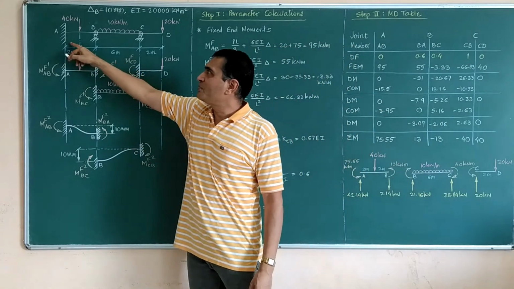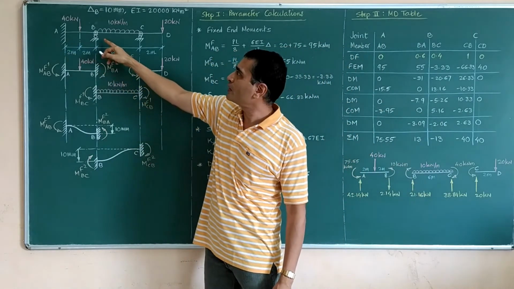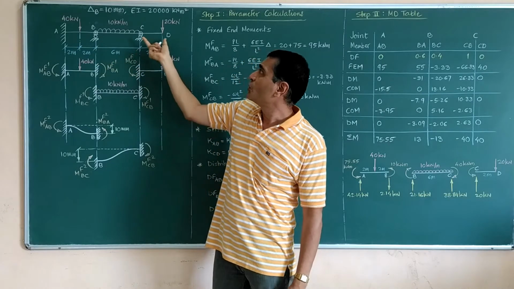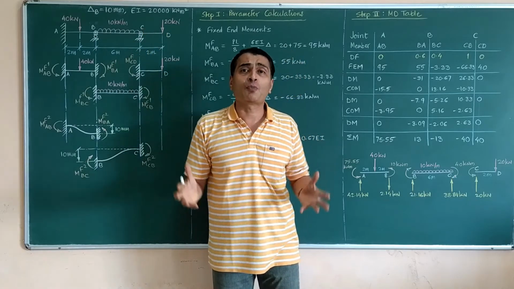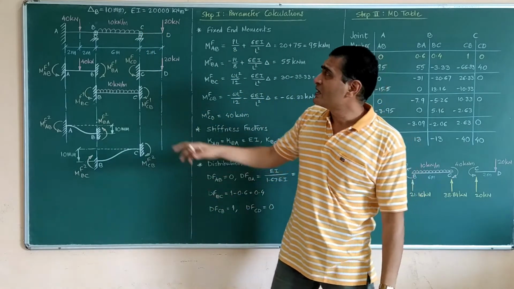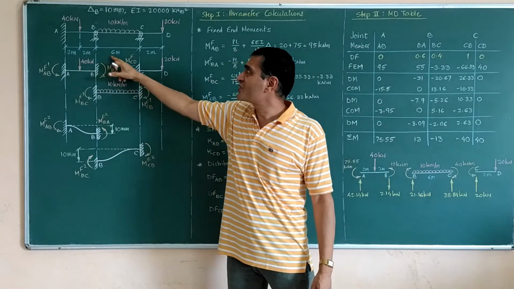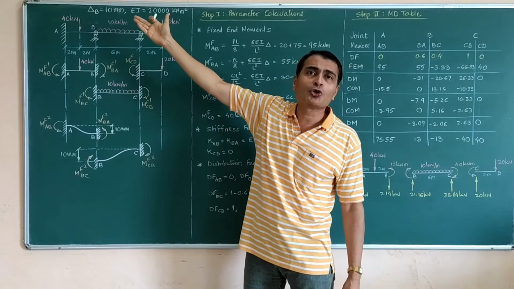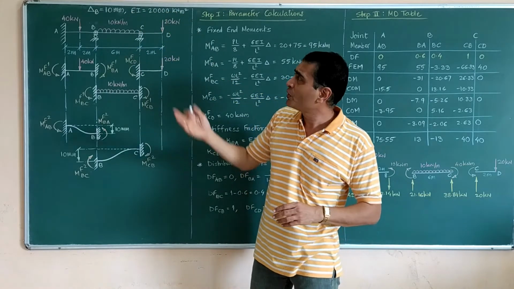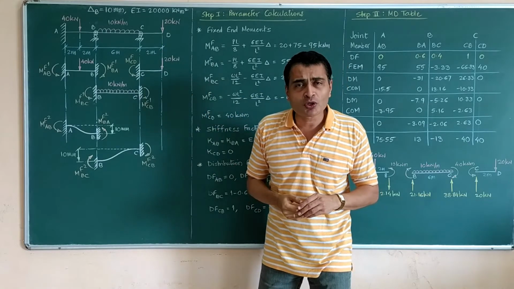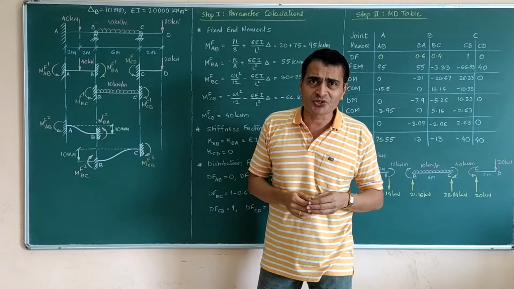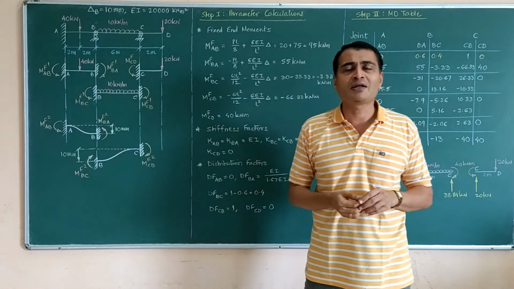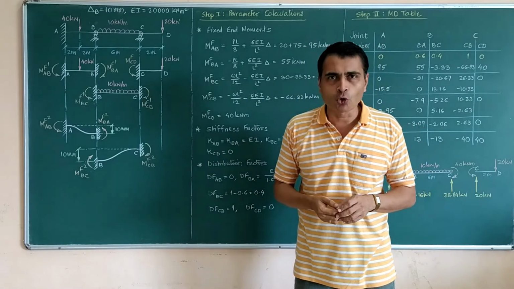This is a continuous beam. Support A is a fixed support. Interior supports B and C are roller supports. We also have an overhanging portion, that is portion CD. Spans are 4 meters, 6 meters, 2 meters. And in the loading we are observing 40 kilonewton at the midspan of AB. UDL of intensity 10 kilonewtons per meter over span BC of 6 meters. And then at the free end of the overhang, there is a 20 kilonewton gravity load.